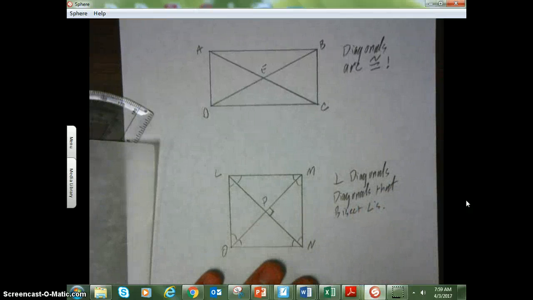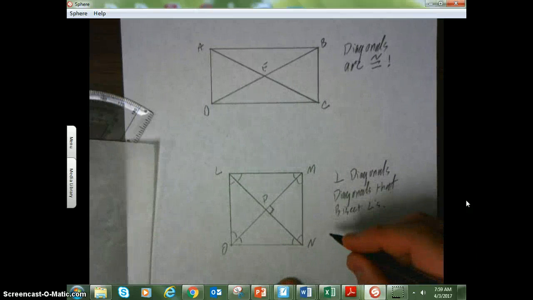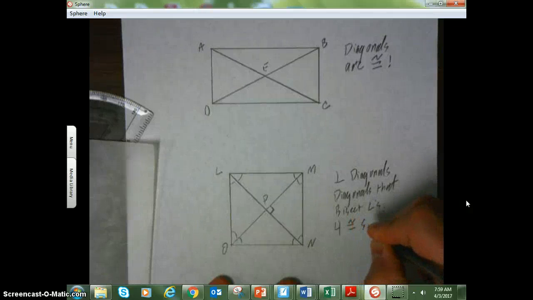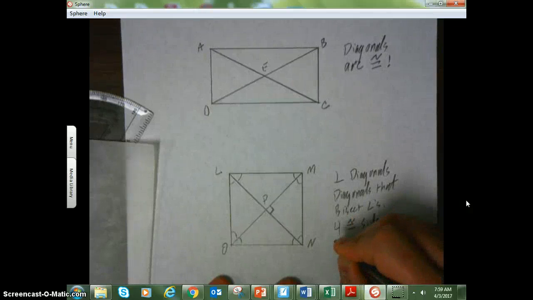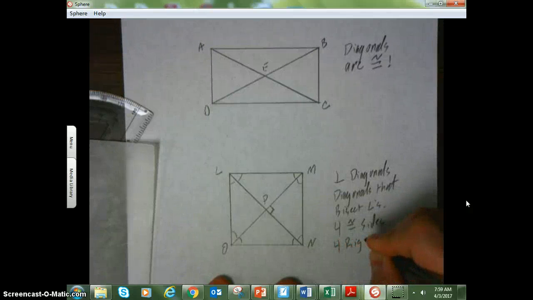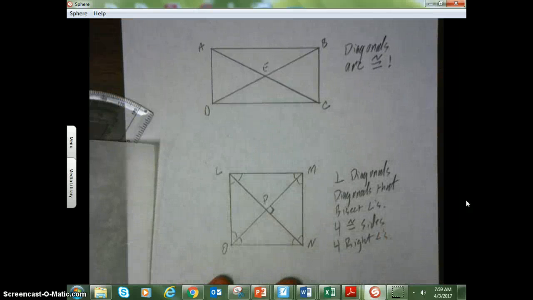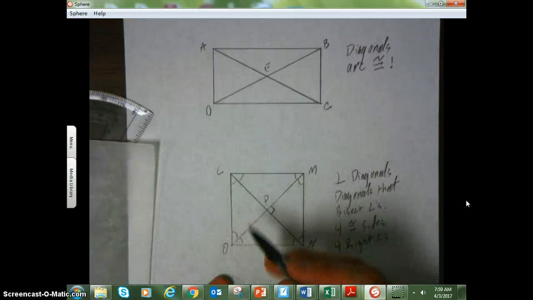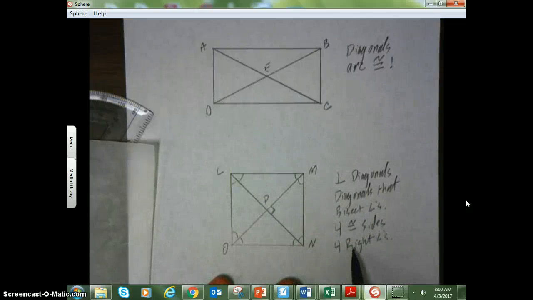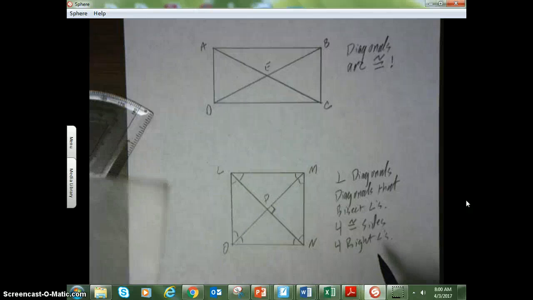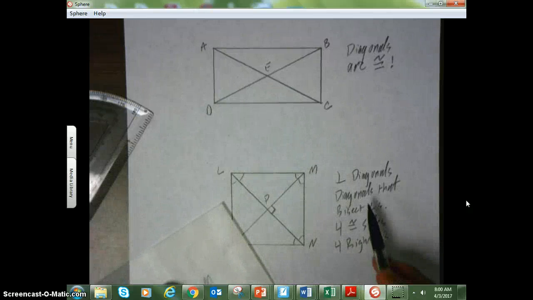It does have diagonals that bisect the interior angles, and it has four congruent sides, and it has four right angles, meaning specifically when I say the right angles, I mean the interior angles of the polygon, not anything formed by the diagonals. So a square has all of the characteristics of a rhombus,